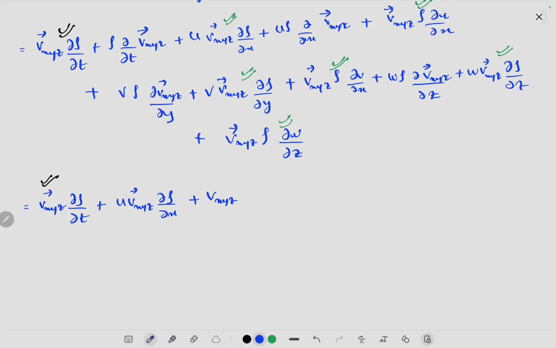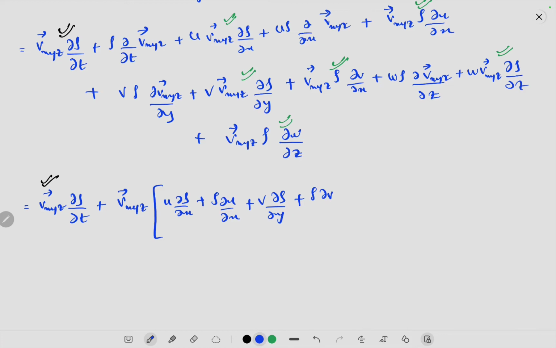vxyz. Now since in all these terms vxyz is outside, for our convenience let's write vxyz outside. So this term has u del rho by del x plus this term has rho del u by del x. Okay, now similarly I have this term, vxyz is outside, which is this, and then we have v del rho by del y plus rho del v